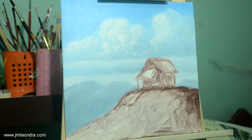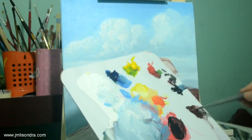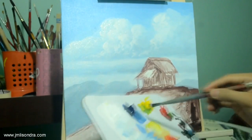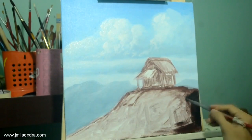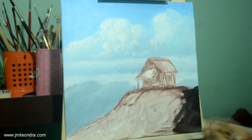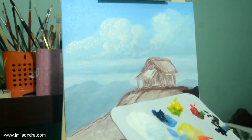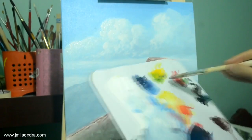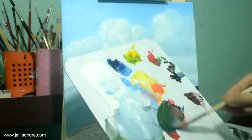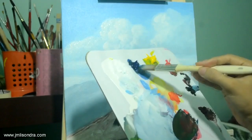So I'm going to use the same brush, and I'm going to use the red, the black, and the benzene with a little blue. I think I'm gonna use the bigger brush. Yellow, not a little yellow, with red. Burnt sienna, little blue,